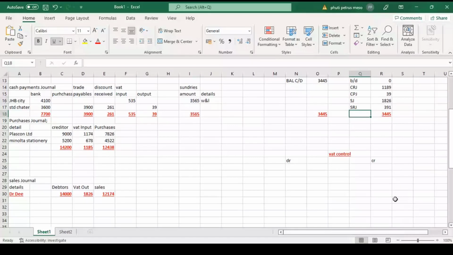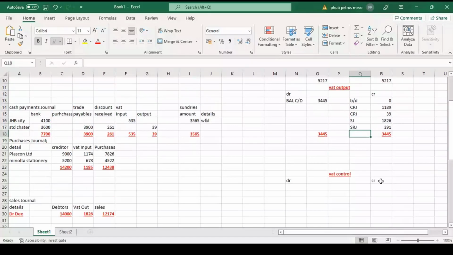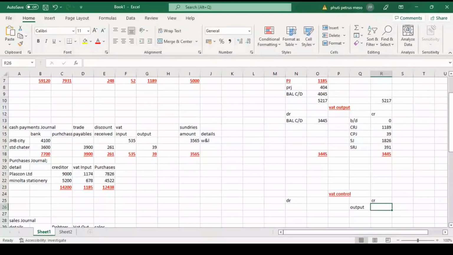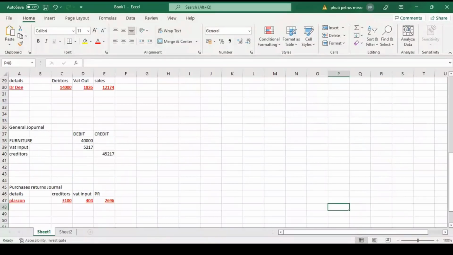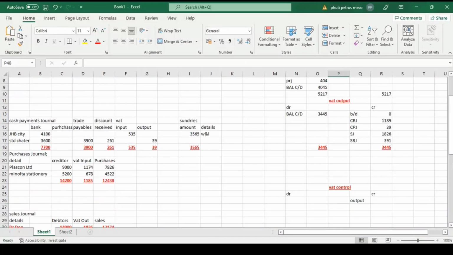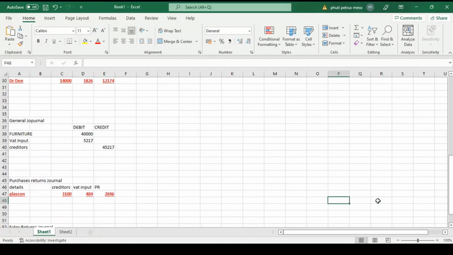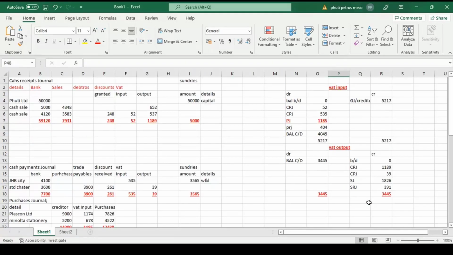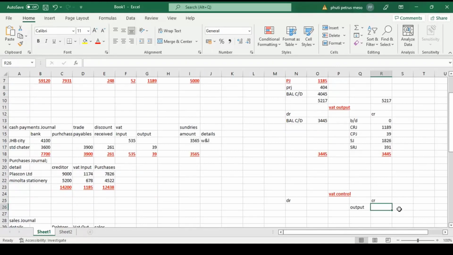So when you come to the VAT control, that's where you are reconciling. Then you say VAT output. My output amount is 3445. 3445. And on the credit side, I'm going to have